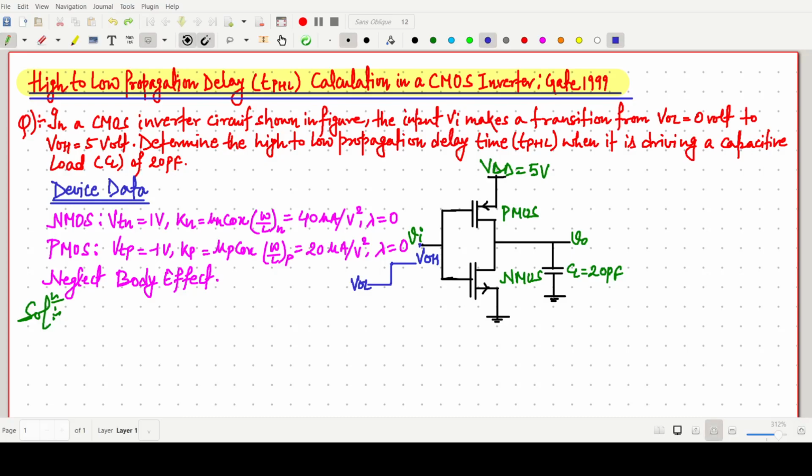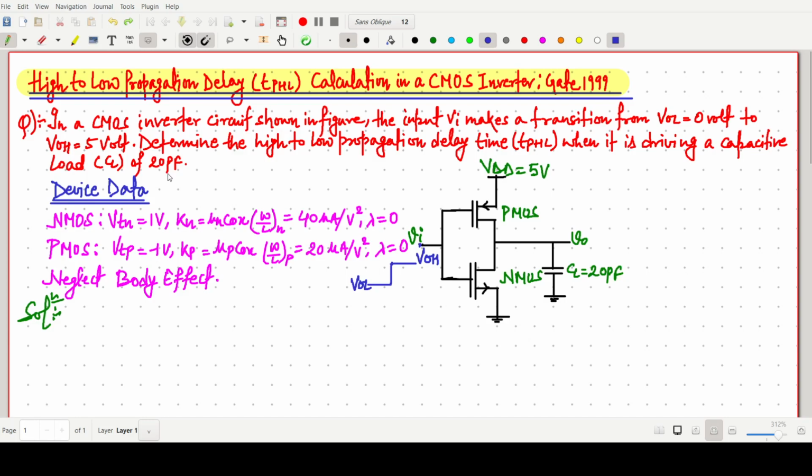Welcome everyone. In this video lecture, we will solve a GATE 1999 question which is based on the high to low propagation delay calculation in a CMOS inverter. So in this question, it is given that a CMOS inverter is there and that input voltage Vi changes from 0 to 5 volt. So we have to determine the high to low propagation delay, that is our TPHL, when it is driving a capacitive load